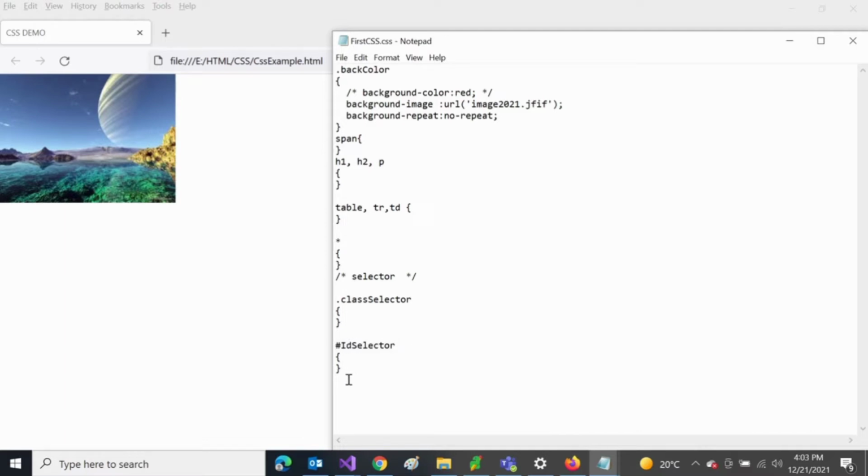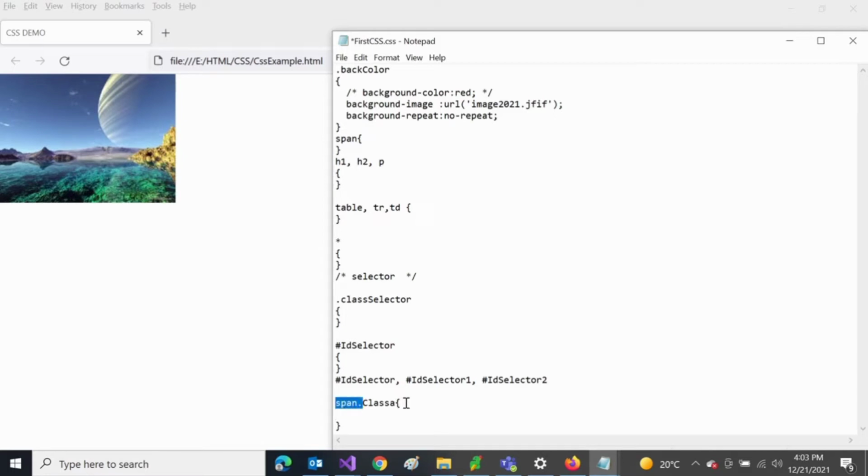So we should give every element an ID name, and that ID name needs to be written here, and we can write the CSS for that element. So I have comma separated multiple IDs, like ID selector 1 and 2 will have common CSS. Now there is another selector, span dot class A.